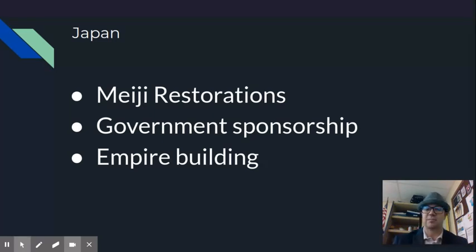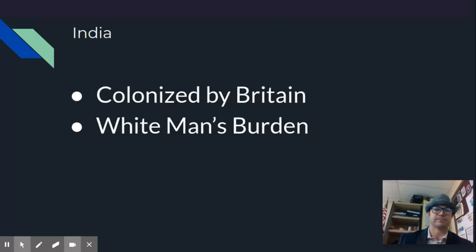Japan wants to be one of the haves and not a have-not. Japan's going to begin building an empire. They have to. Japan simply doesn't have the raw resources to be a great industrial power on their own. So they're going to look to China and other areas to begin building an empire. So they will also pick on China along with Europeans.